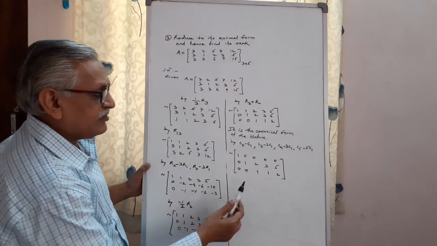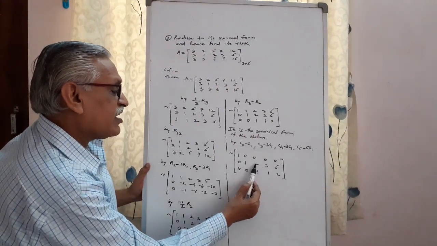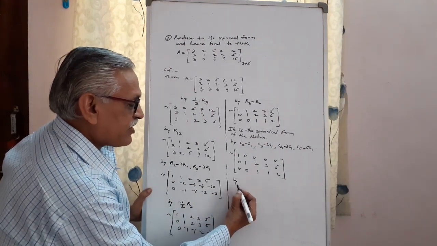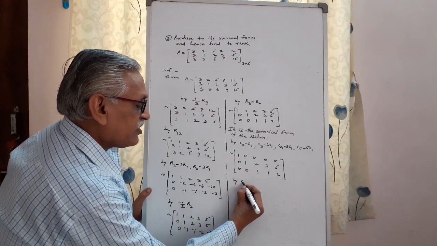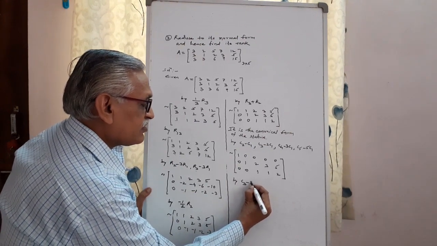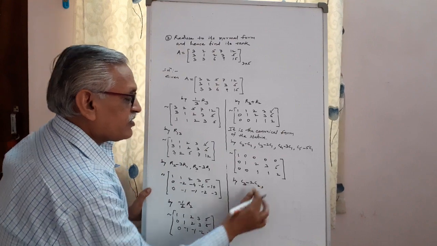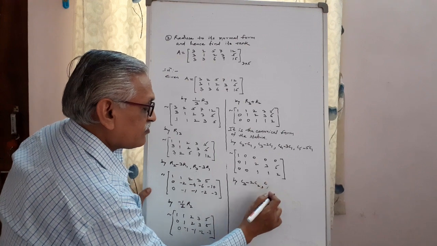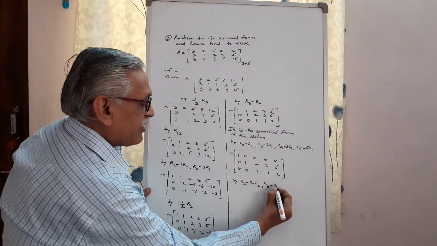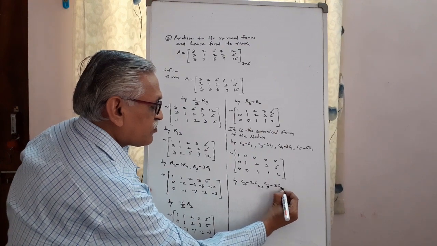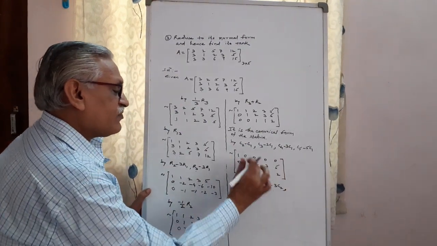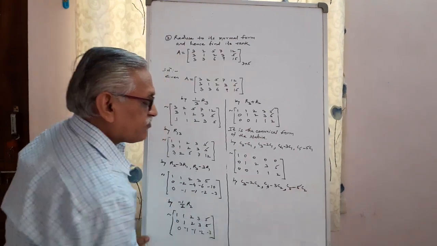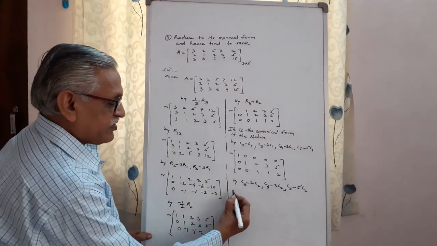Okay. Then using this one, convert these to zeros by applying transformations. 2 minus 2 is 0 means it is C3 minus 2 times C2. 3 minus 3 is 0 means C4 minus 3 times C2, and 5 minus 5 is 0 means C5 minus 5 times C2, using this second diagonal element.